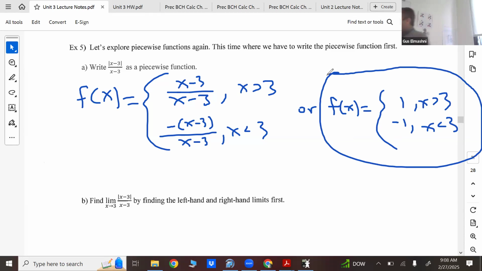Think about it. Absolute value means it holds 2 values, right? If you have absolute x, you can do x or negative x, but if you do negative x, then x is negative, right? For example, absolute 4, absolute negative 4 is still 4. So to get the same output, you can keep it as is, but assume that the inside's positive, or you can assume the inside's negative, and still get the same results. So that's why I made the negative counterpart here, because if x is less than 3,